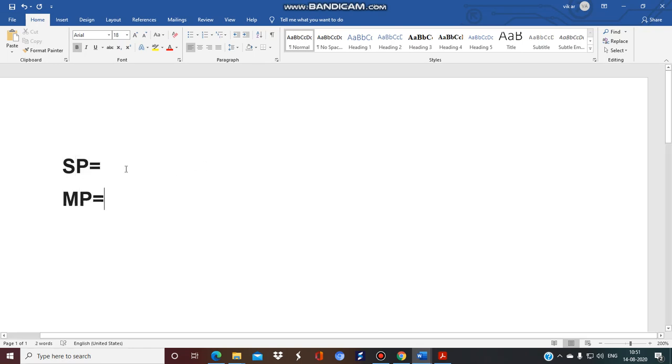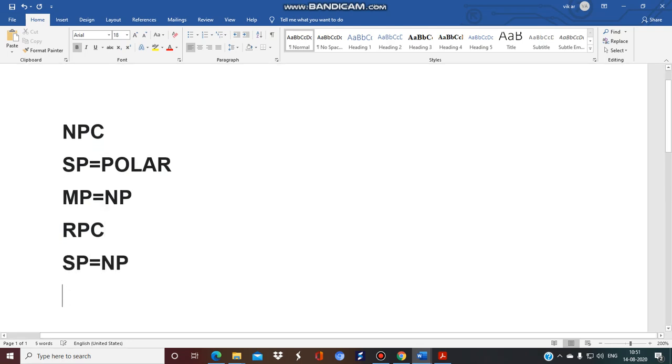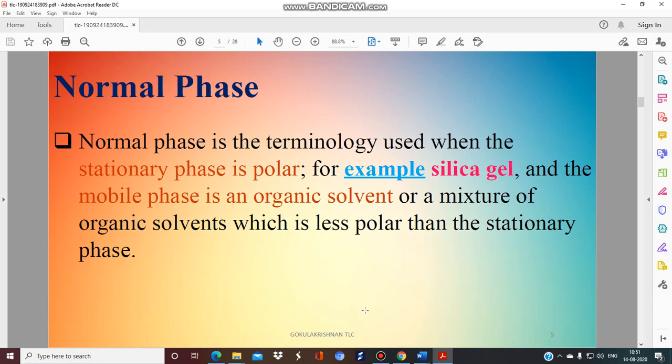And we know in case of normal phase chromatography or TLC, the stationary phase is polar, whereas the mobile phase is, yes, non-polar. And what is reverse phase TLC or reverse phase chromatography? The stationary phase is non-polar, whereas the mobile phase is a polar compound. So let's see here. Normal phase chromatography, in case of TLC, is a terminology used when the stationary phase is